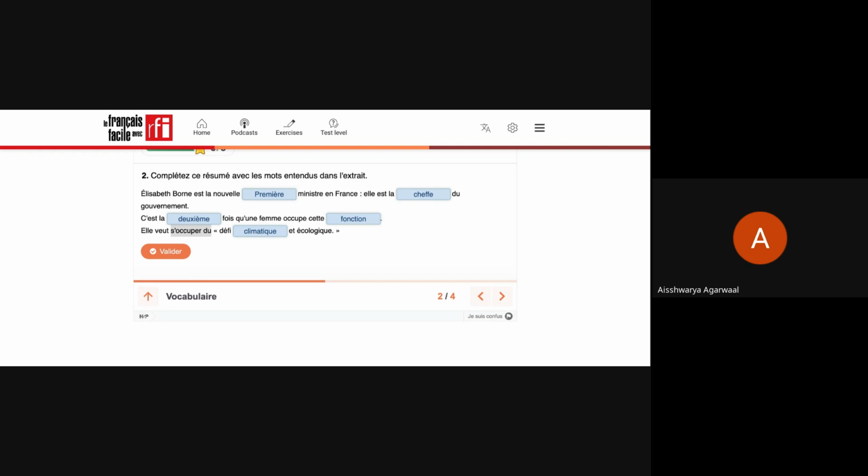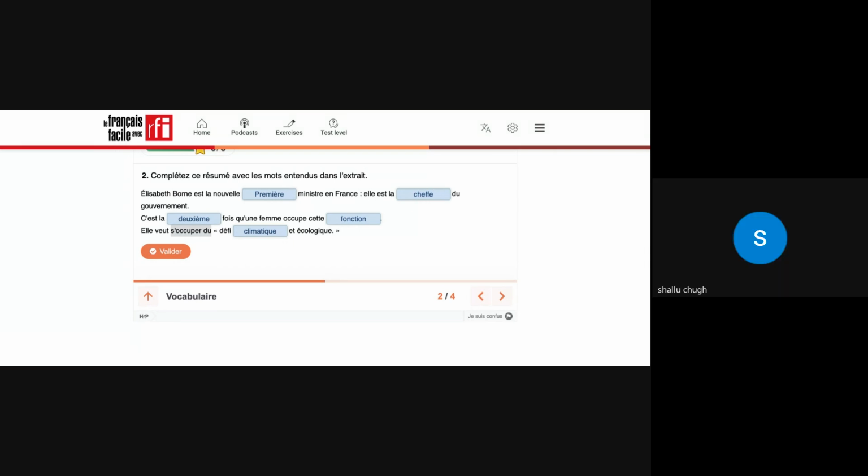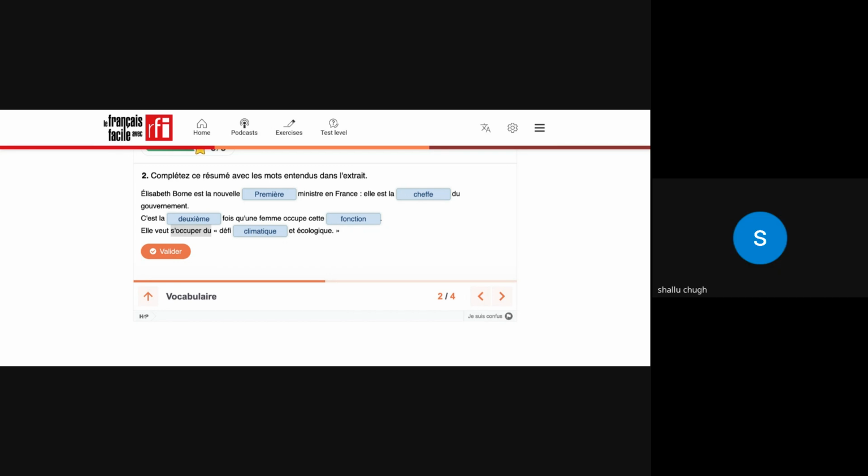Can we put this as a false friend or not? You can say s'occuper doesn't mean occupy, okay? Yes, you can put it as a false friend. And Shalu, can you read this? It doesn't make sense, but just read it. S'occuper de son cours de français hier. What does this mean? She was taking care of her French course yesterday.